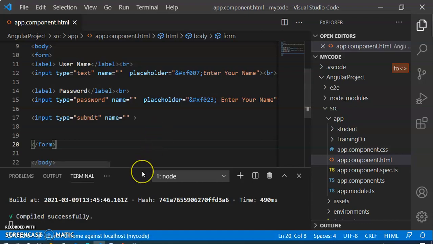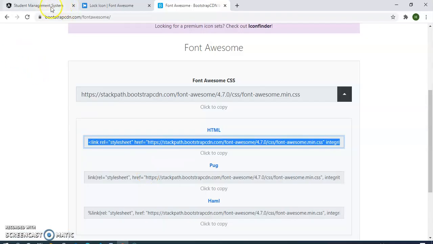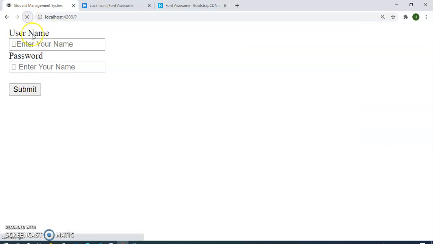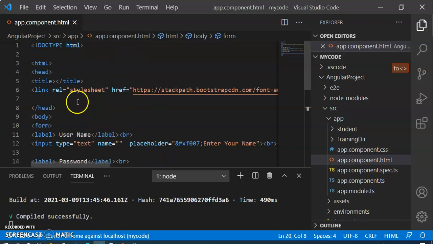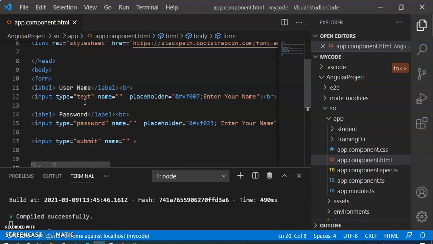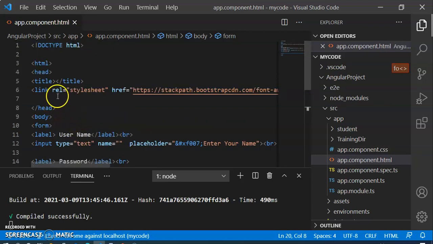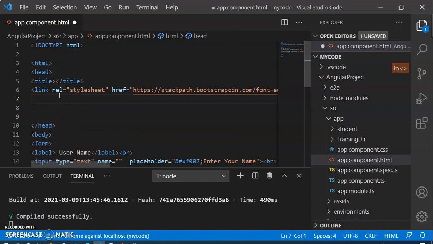Now you can see here still we did not get it. To get this, we have to write the style in the head section. Where is the head? Here. Now we have to write, first of all, the form,